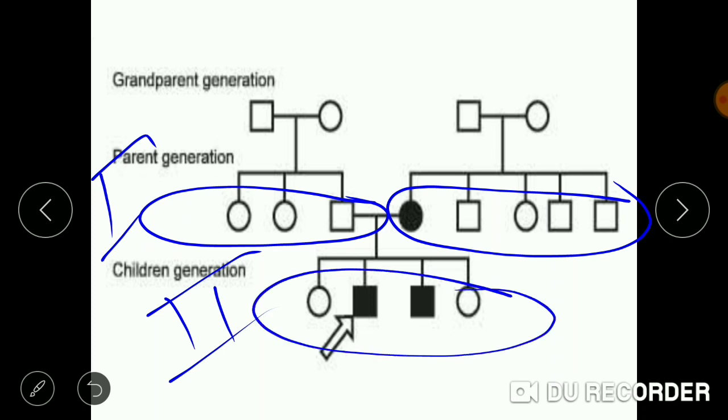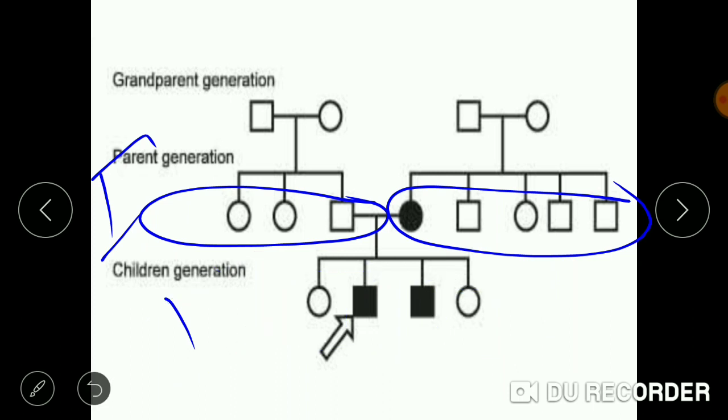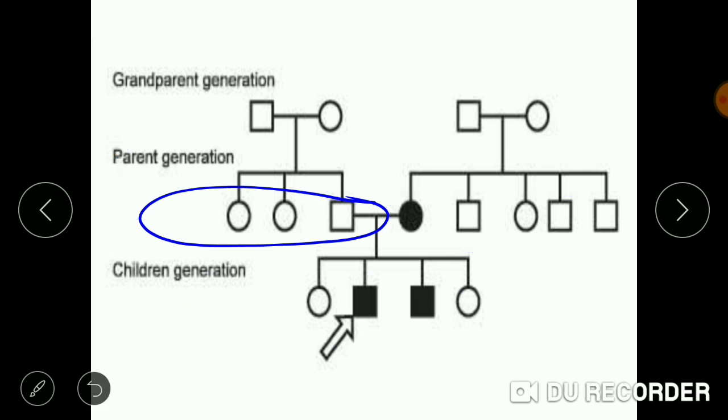If the question comes, tell me the affected offspring produced in the second generation, there will be 2 affected offspring produced in the second generation. So these types of questions are asked based on the pedigree chart being given. You can also be asked what the symbols depict. If you study the topic carefully, you will be able to answer all the questions.